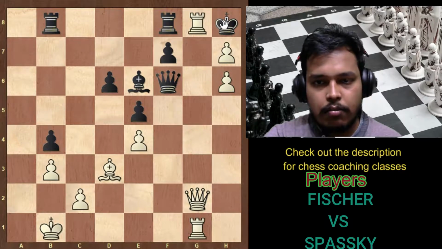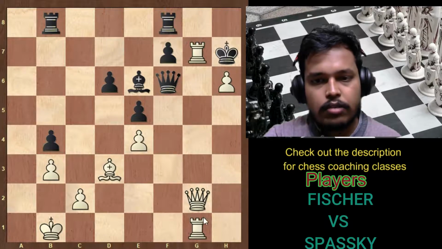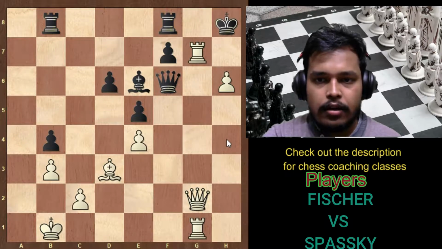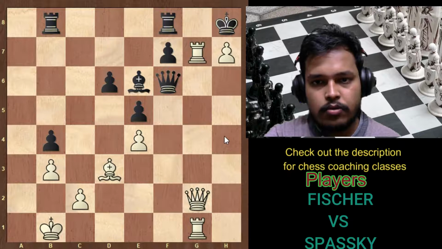So instead black went for queen h7, king h7, and now again the rook comes to g7. Now the queen cannot capture the rook. If the king captures the pawn on h6, then rook h1 is going to be a lethal checkmate in another 2 moves. So black doesn't want to get into that position, and he plays king h8, and white, which is Fischer, he plays h7, and at this point Spassky resigned the game, as there is no way to